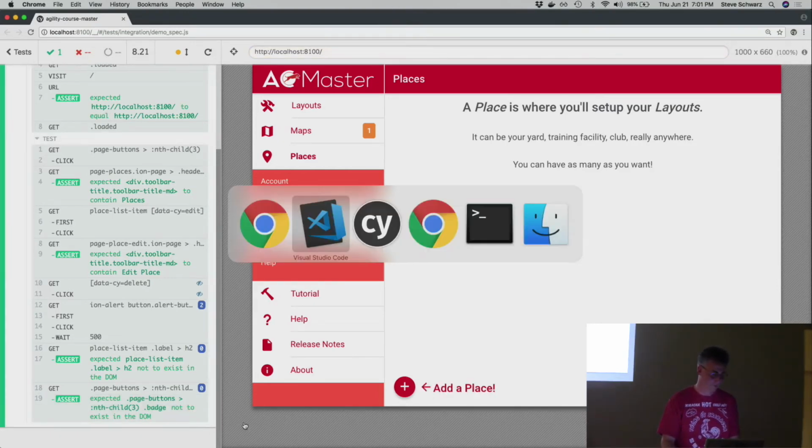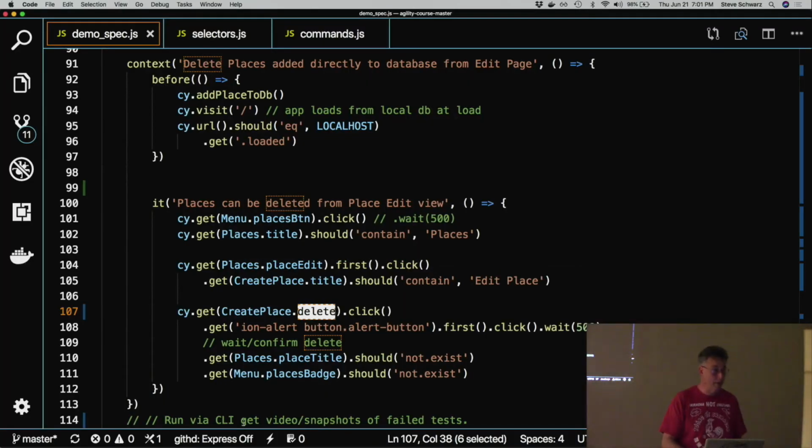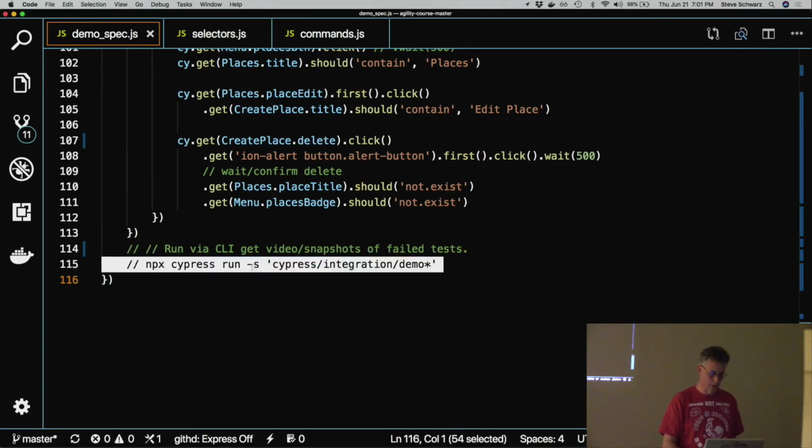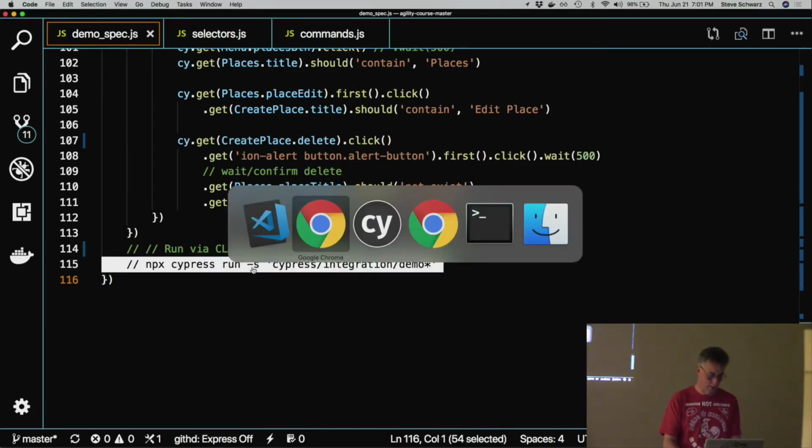No such luck. So you can define your own commands that do whatever you want. You can, as you were asking about, preload the data with whatever mechanism. Here I hit the database. In my work, I use the REST API. And I think the last thing I want to talk about is you can just run them from the command line, and that'll generate the